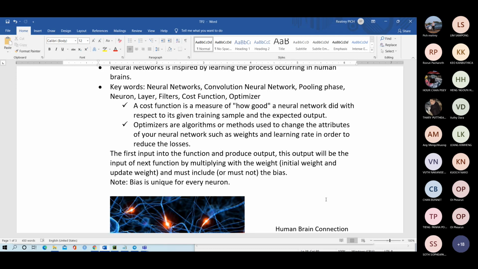So how can we ensure it? First of all, you initialize the weight. After that, in order to make our system produce proper output and a better model, you have to update the weight. Update or not update depends on you. But normally, in the common way, when you train on the data to make a model, you have to update the weights in the neural network to make sure that our model can produce accurate output. So for the way to update, we have weight and bias. The methods of initialization you will learn in your AI class.